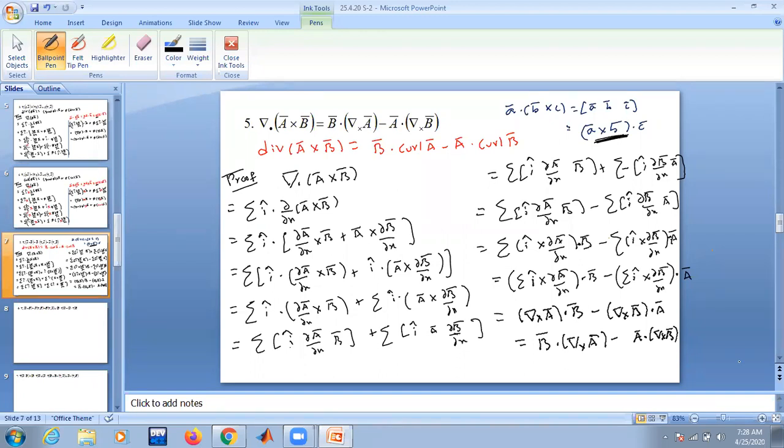Okay, so what we did, we applied the definition and then applied distributive law and separated the terms, and we identified that each one is a scalar triple product. I changed the order here to have similarity with the previous term. So when I change the order, I have to multiply with -1, so plus into minus is minus. Then again I used the scalar triple product, box ABC is a cross b dot c. Again I applied the distributive property of dot product and separated the terms, so got the result. Is it okay?